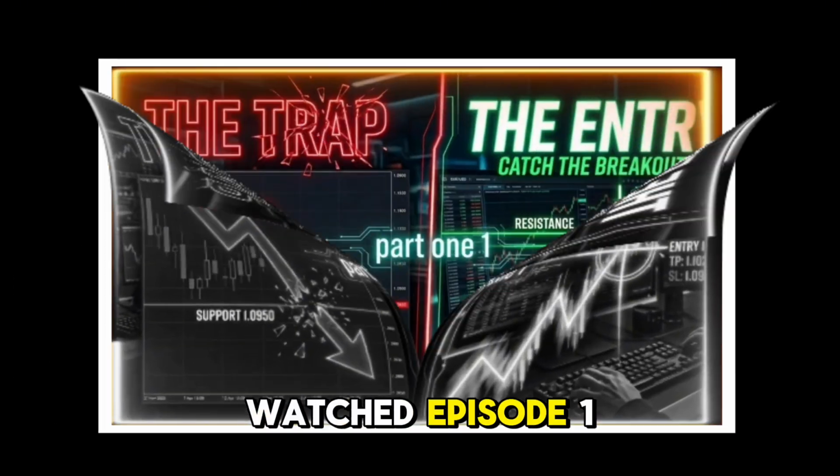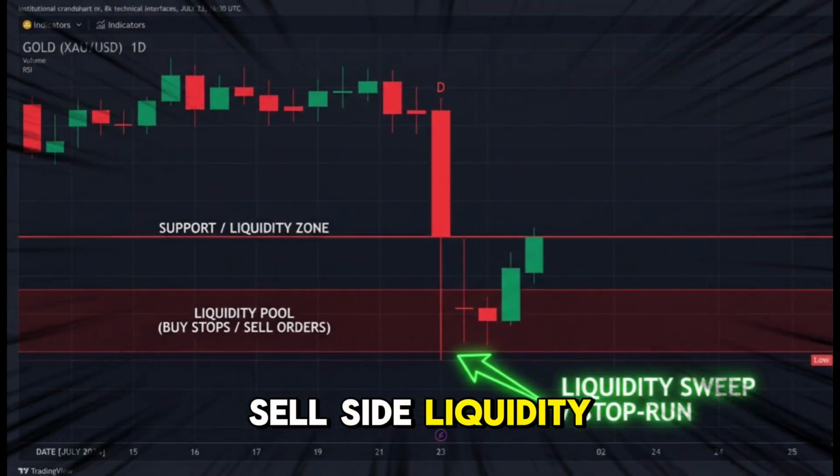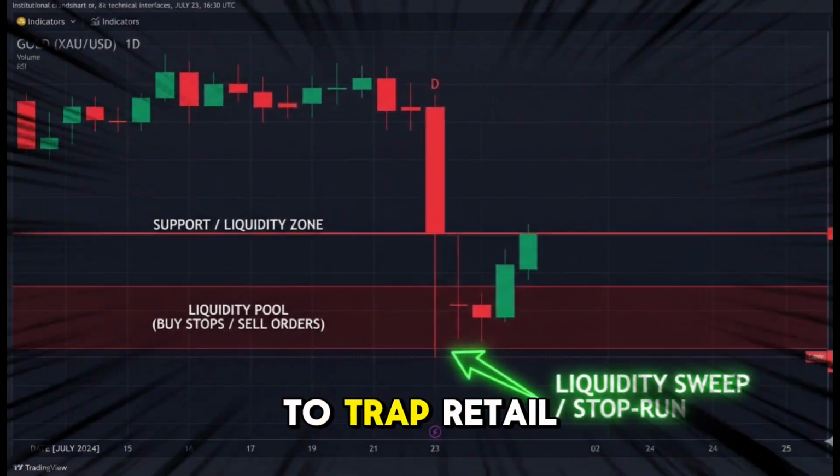If you watched episode 1, you saw exactly how smart money hunts sell-side liquidity beneath support levels to trap retail